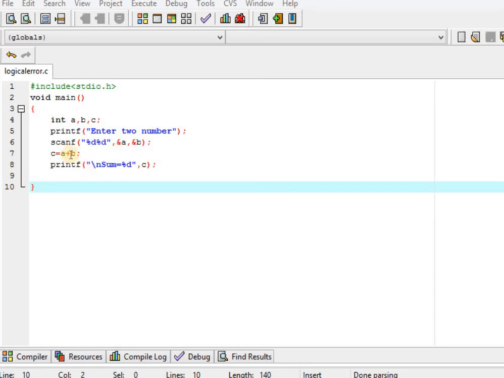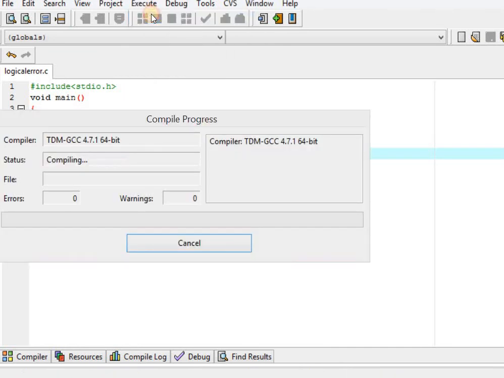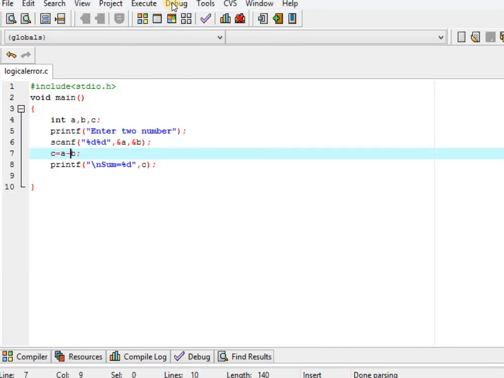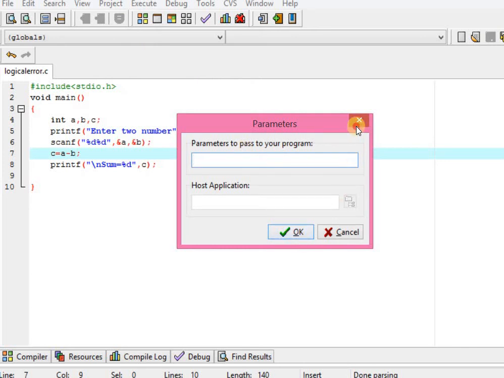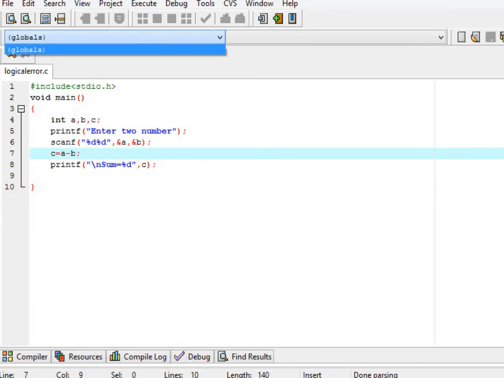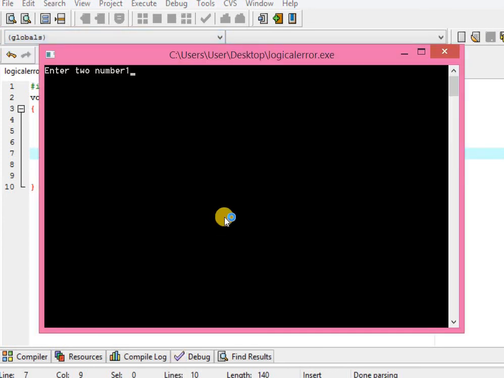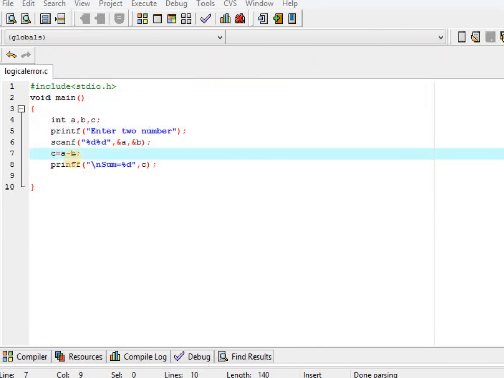Second, if you are performing an operation, here addition is to be performed, but instead of plus we use the minus sign by mistake, then compile and run the program. At runtime, the first number 1, second number 2, the sum is -1, because here we use the minus sign.